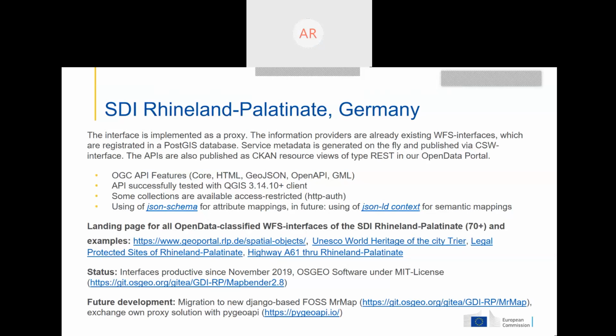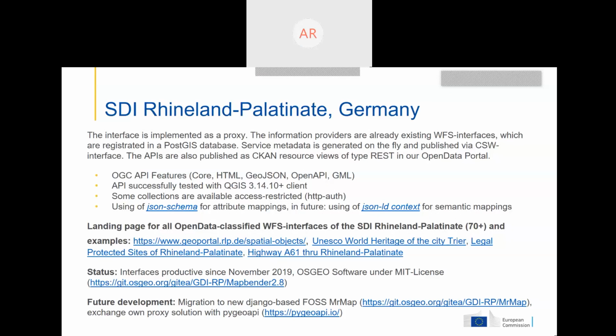The APIs are also integrated in service metadata records since one year, and we publish those service metadata records in the SDI Germany via CSW interface, and they are also published via the CKAN API in our central open data portal, so therefore it can go through the German open data portal till the European open data portal.